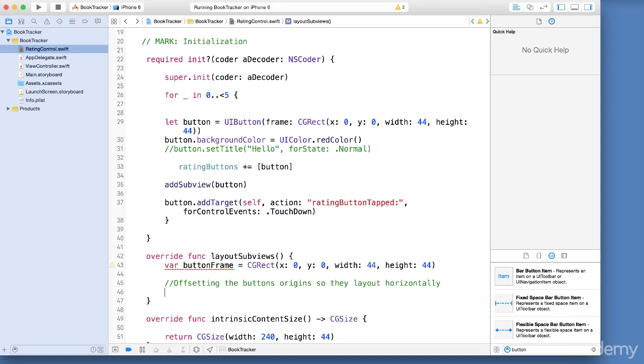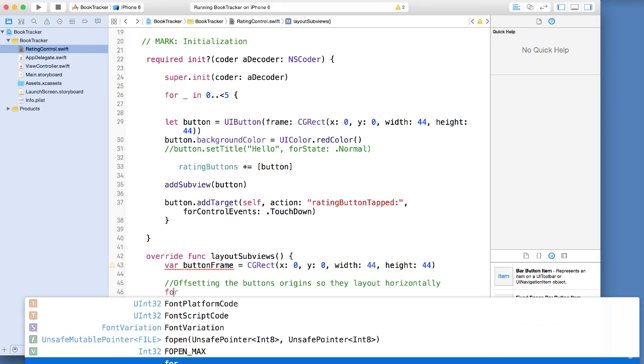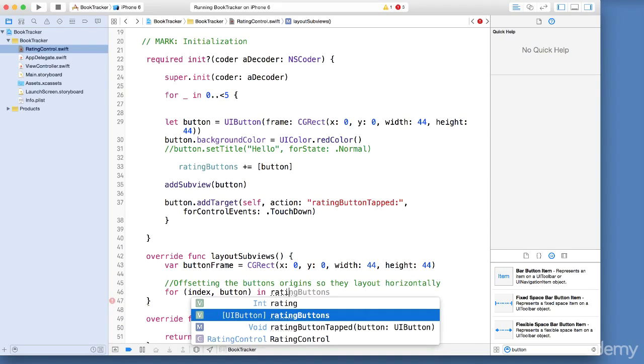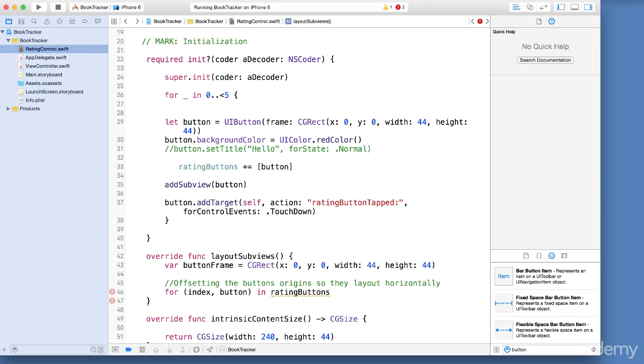Okay, what we do here, we're going to create another for loop. This is another type of for loop. We're going to say index, because that will be the index of our array, and button, we're passing in a button, in ratingButtons. We are going to iterate through our rating buttons, which, as you remember, has all of the buttons that we've been creating.